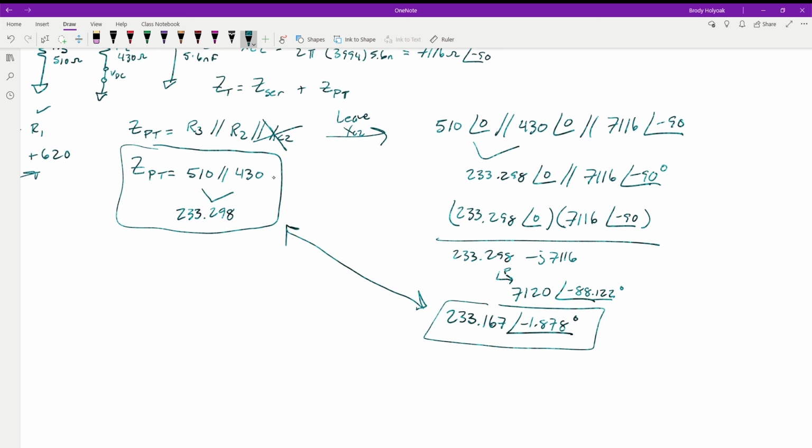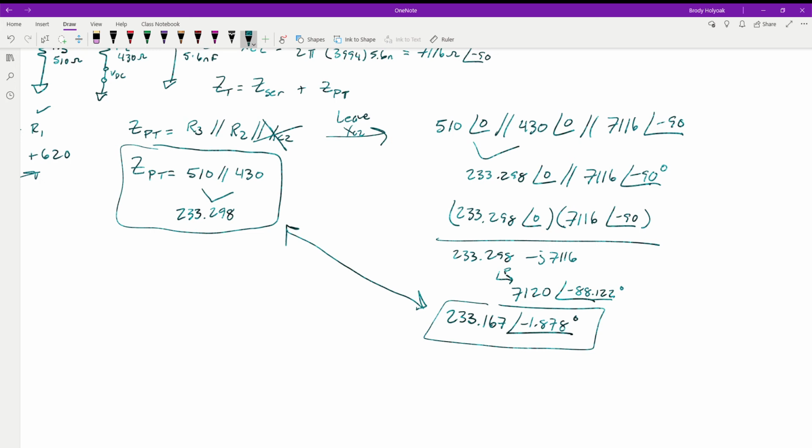Yeah, it's going to be a little bit of current, but it's not enough that we're going to see a difference. And especially with this 1.878 degree phase angle, we're not going to see that at all on our scopes, especially not the ones we have. They are not that accurate. That is well within its accuracy just by itself, which I think was 2 or 3%. So this is just going to get lost in the noise, and we're going to make a guess, and it's going to be different than what we calculated anyway. So we might as well save ourselves some work and just ignore that value because it's 10 times larger than any of these in parallel.